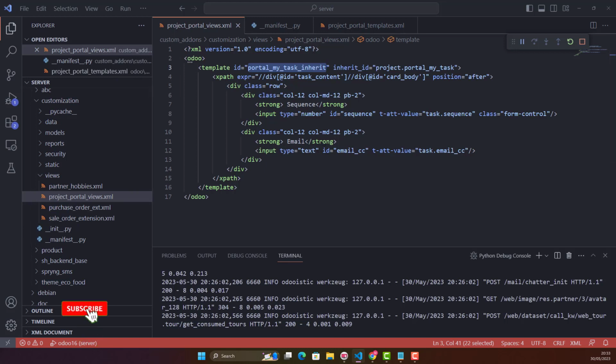So inside the template tag, we find the XPath tag. This tag allows us to specify the location in the existing template where we want to insert or modify elements. And it has two important attributes. Expression, it specifies the XPath expression to identify the target element in the template, and position, it determines where the new elements should be placed relative to the target element. Within the XPath tag, there is a div element with the attribute ID equal to task_content. This identifies the target element where the new field will be inserted. And inside the div element, there is another div element with the attribute ID equal to card_body. The position after attribute in the XPath tag indicates that the new fields will be inserted immediately after the div